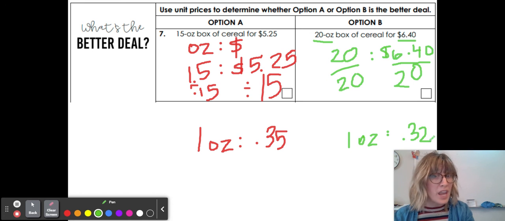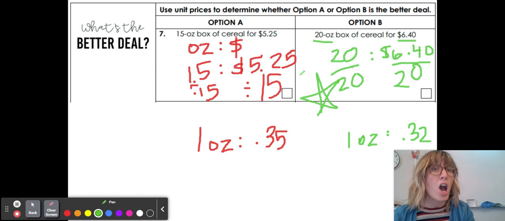0.32. Okay, so when we compare 1 ounce, we can see that it is more expensive to buy option A. It is a better deal to buy option